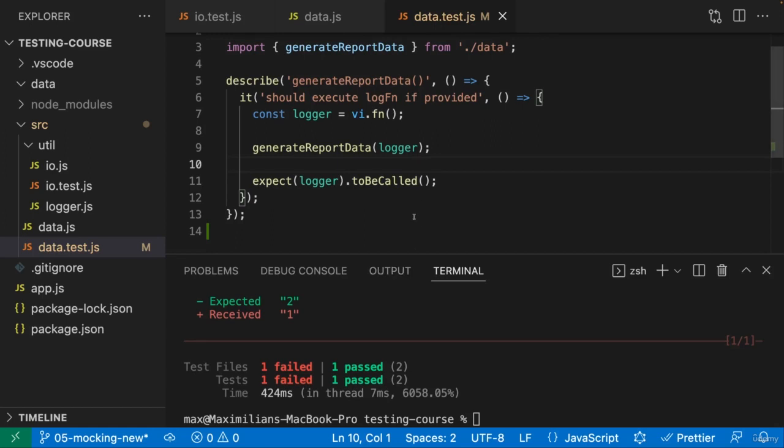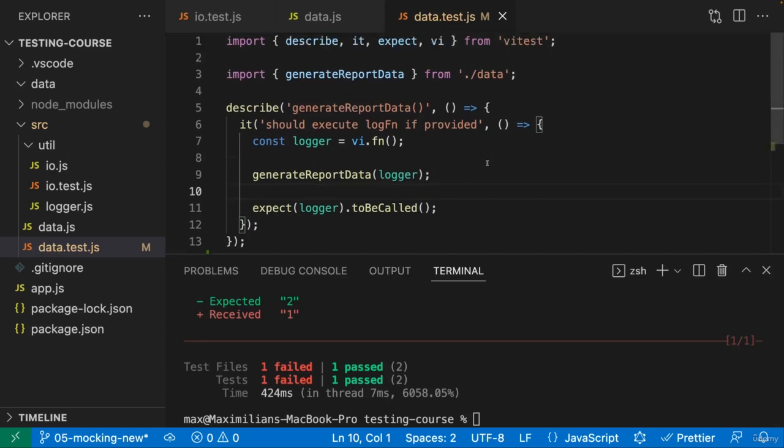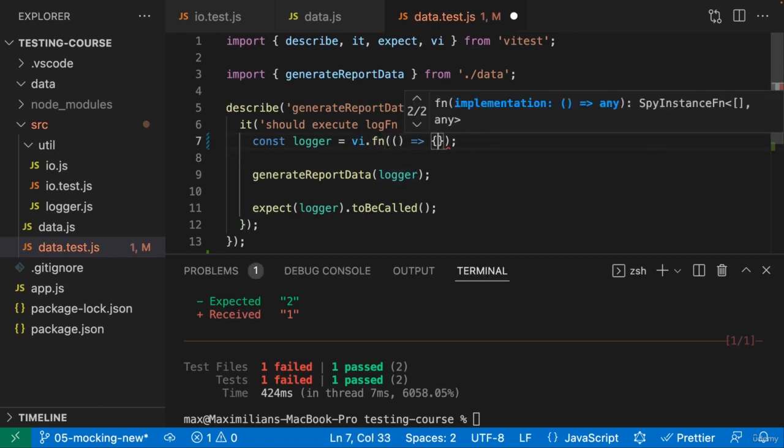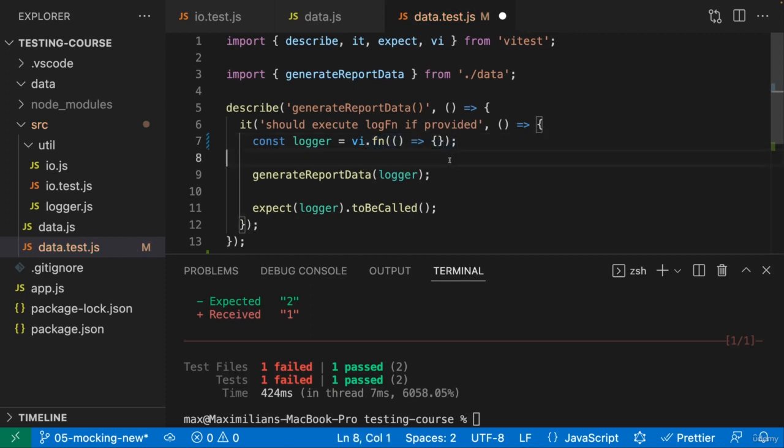So now that we know a bit more about spies, let's come back to mocks and also to these empty functions which we create here in general. Whenever you create such an empty function, you can actually pass a function to the fn method here. And this function which you pass here will then be used as an implementation for this dummy function that is created. By default, as mentioned, it's an empty function that doesn't do anything, but sometimes you want some test-specific behavior,